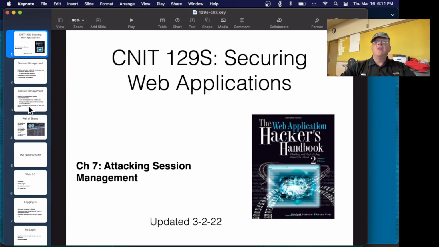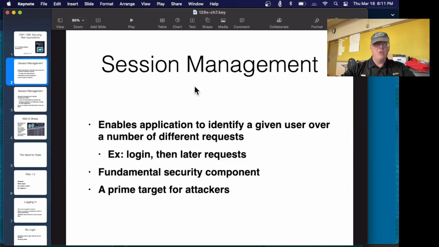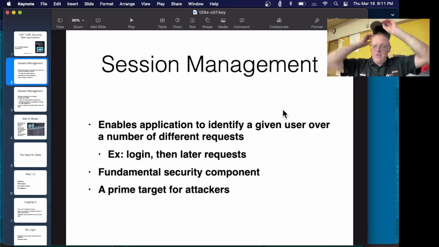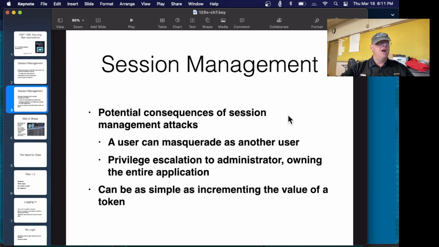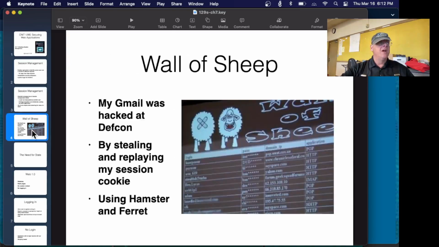All right, so talking about session management, which is very important. HTTP is sessionless. Every single request is just resolved independently, and it does not remember who you are for the next request. So we have to have something added on for you to be logged in and remember who you are. This is, of course, a prime target for attackers. If I can somehow overcome your session management technique, then I can move myself to someone else's account, for example, to become the administrator.